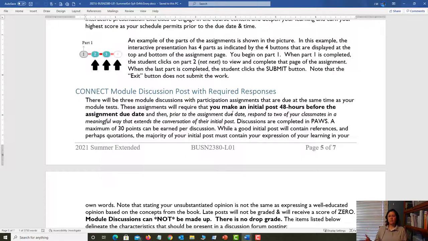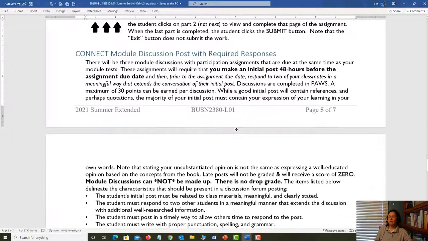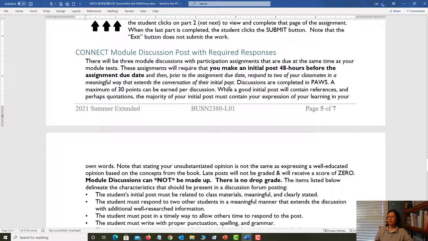Now, I've already indicated this would be my approach. I would begin the week, pick out the question that I think I want to answer, do a little research in my book, formulate a nice response, make the post. That starts to get my mind into those chapters. Then I would take the test, give it my best first attempt. Then, think about your makeup work, think about those study tools and how you want to schedule those in. Maybe take a break, do some studying, do a second attempt on that test, see if you can raise that score up a little bit. Okay? All right, so we've talked about that.